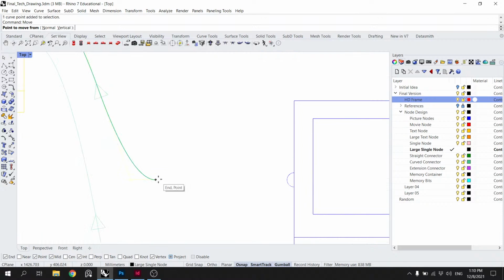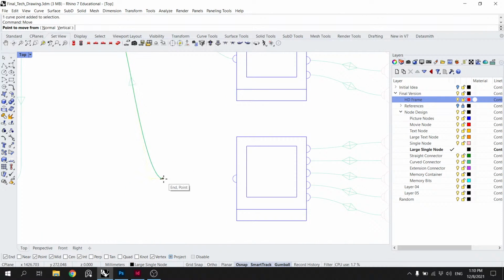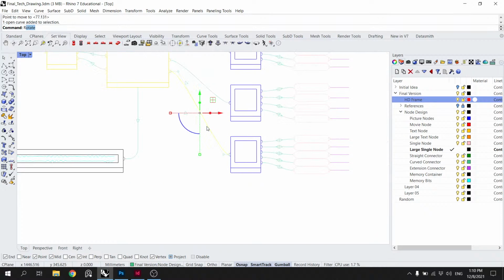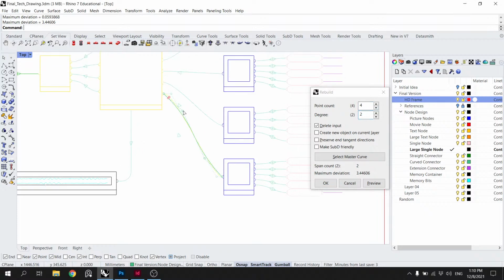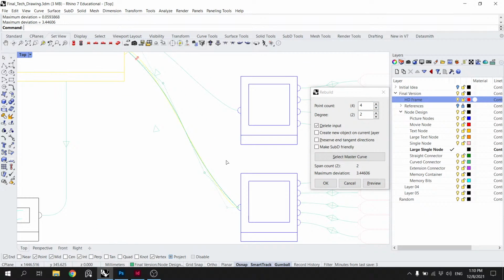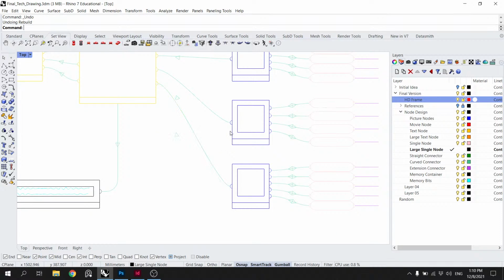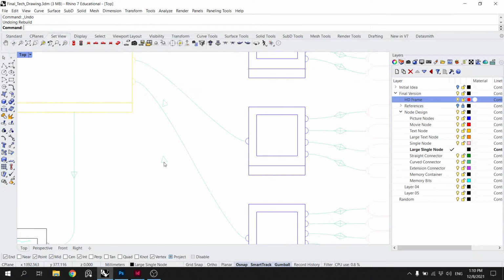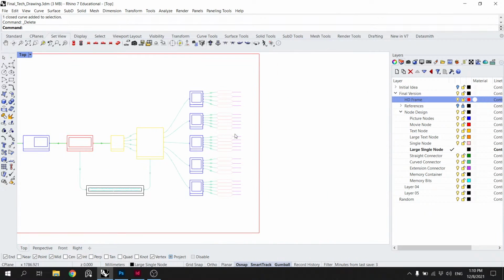So take our little Bezier curves. If I rebuild that with 4 points, what does it do? Does it get smoothed out? Let's leave it. Okay.